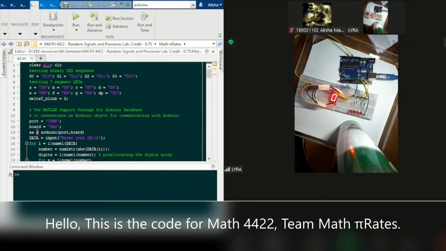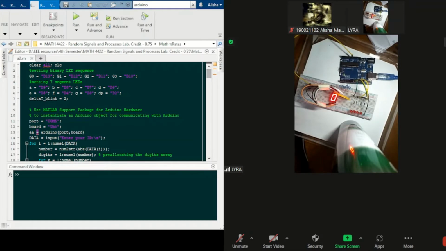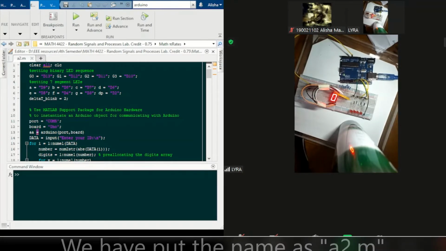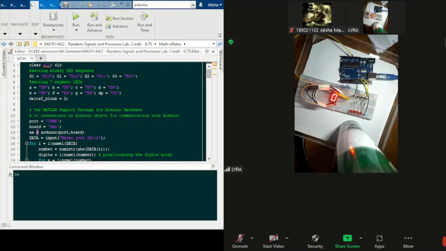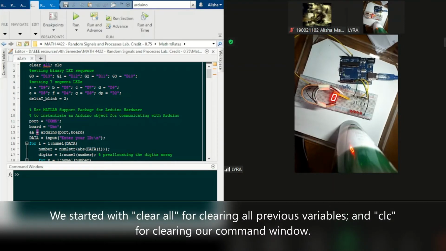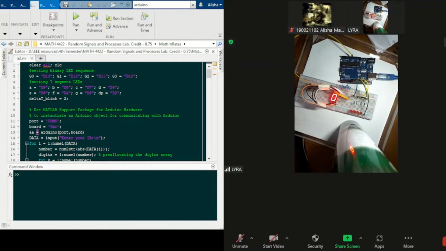This is the code of pRates. So we have put the name as a2.m, and first we will clear all the existing variables and clear our command window, and then we shall be setting our binary LED sequence, that is, I don't know if you